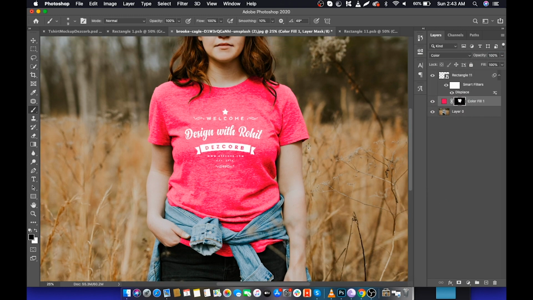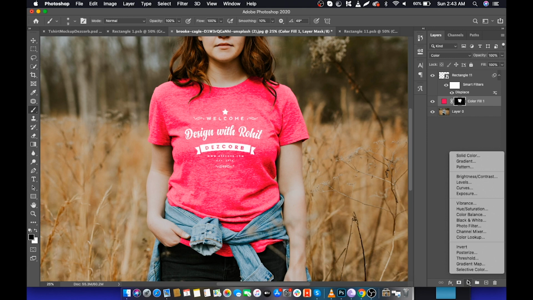So guys, we have colored the t-shirt, but the problem here is the color of the image is saturated, whereas the color of the t-shirt is too bright. To match the color of the t-shirt to the whole image, we will apply an adjustment to the solid color layer. Go to Adjustment and select Vibrance.